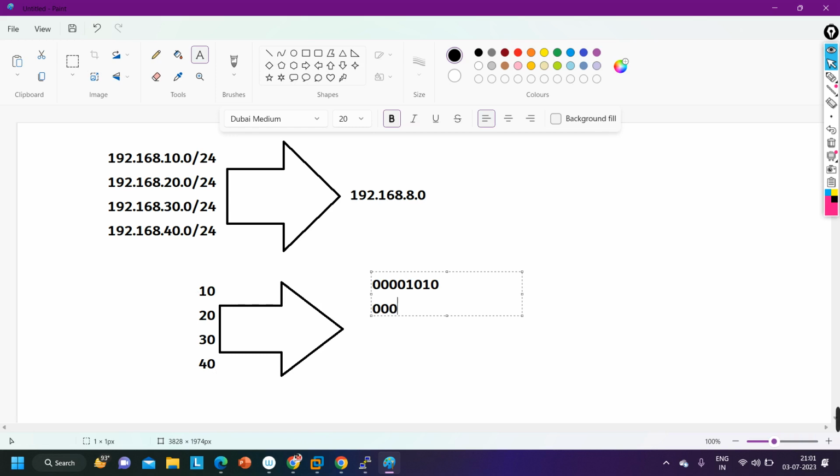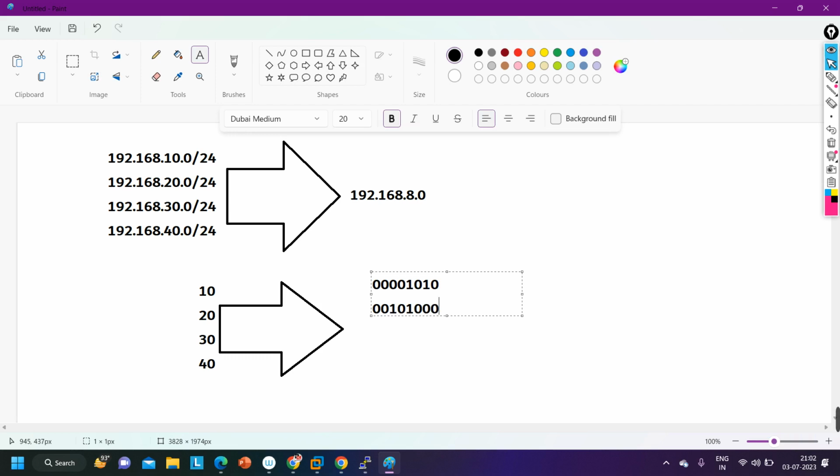What is the binary of 40? Here it will be 00101000.